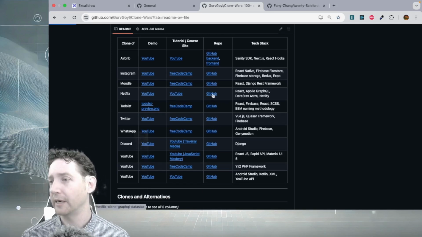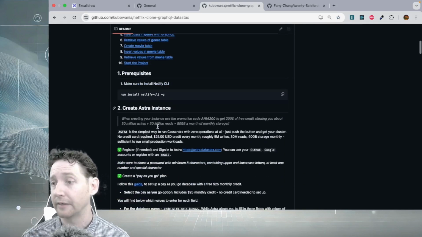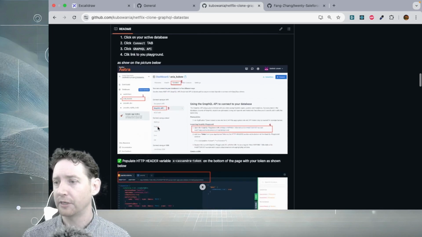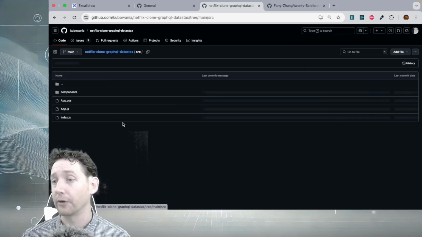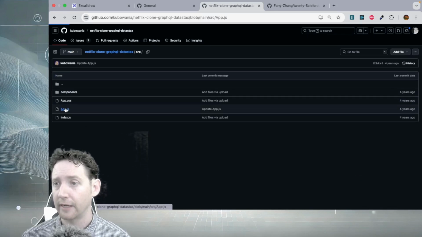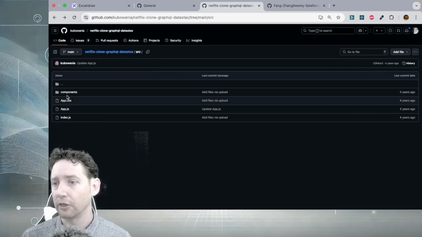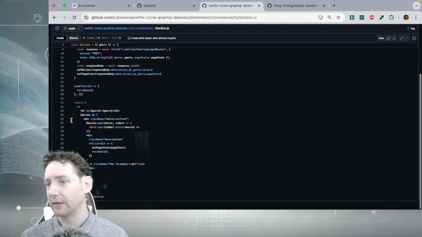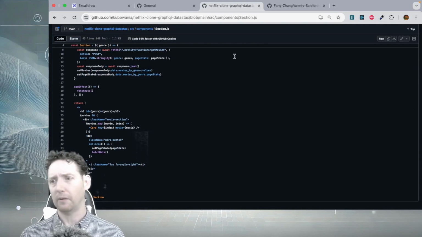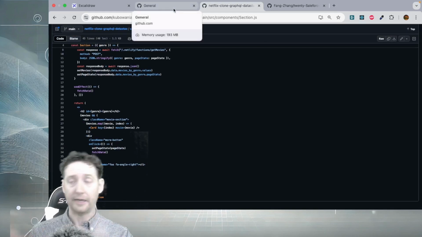and if we go to any of these, we could see how it was built and all of the files that go into it. We've got a pretty nice description here. We could jump into any of these project files. Like if we want to go into the source code, we could go ahead and look at app.js and see what code they have. We could jump into different components and see what exactly they use to build this. These are all useful things that we could use to prevent reinventing the wheel.